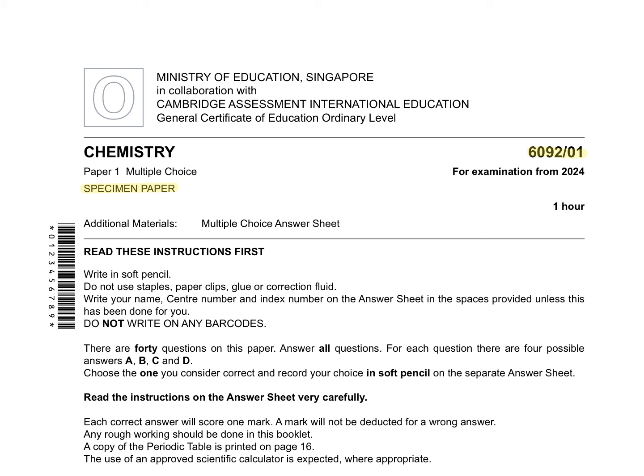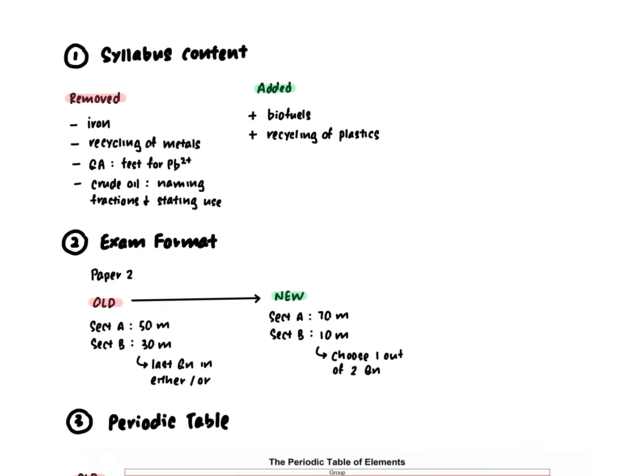Now, a specimen paper is released whenever there's a revision to the syllabus, and in 2023 there was a revision to the O-Level Chemistry syllabus. So let us first look at the three important revisions to the syllabus, first of which is in the syllabus